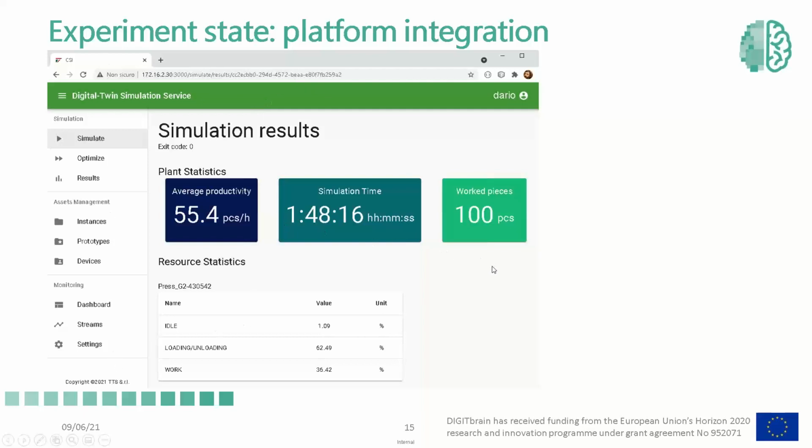So here we see some parameters. For example, we can see that the state of the press is mostly in the loading and unloading phase. So if we want to tune the plant to improve the productivity, and we don't want to do it by trial and error on the real plant, we can check to see if we can put a faster loading system to decrease this time, because 60% of the press, just as an example of this use case,